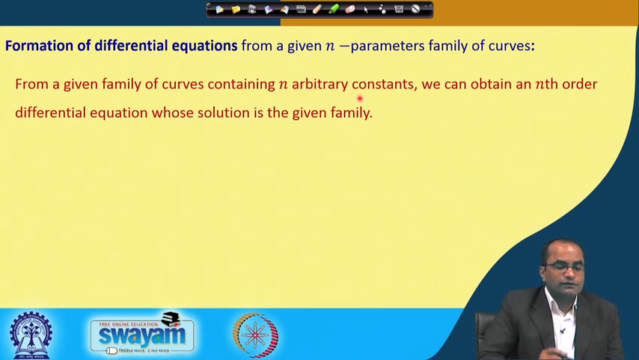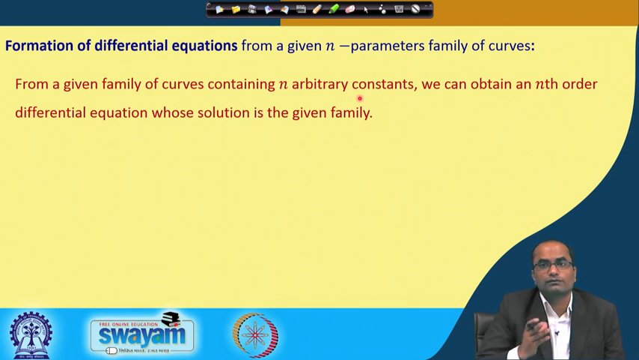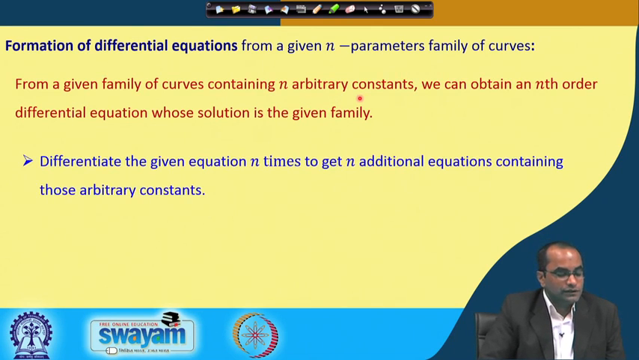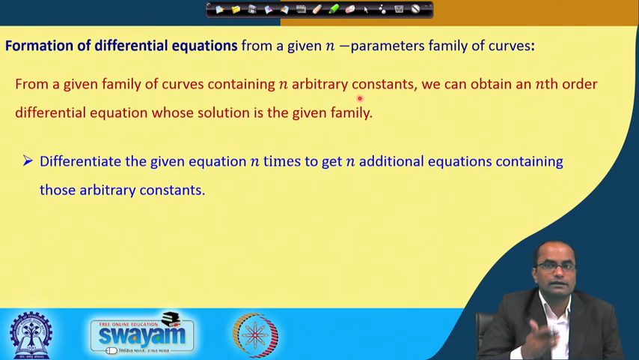From a given family of curves containing n arbitrary constants, we can obtain an nth order differential equation whose solution is the given family. So the order of the differential equation depends on how many parameters the family has. How do we get this? Differentiate the given equation n times and we get n additional equations. We keep on differentiating this family, so we get n more equations, and out of these n plus 1 total equations, we will eliminate